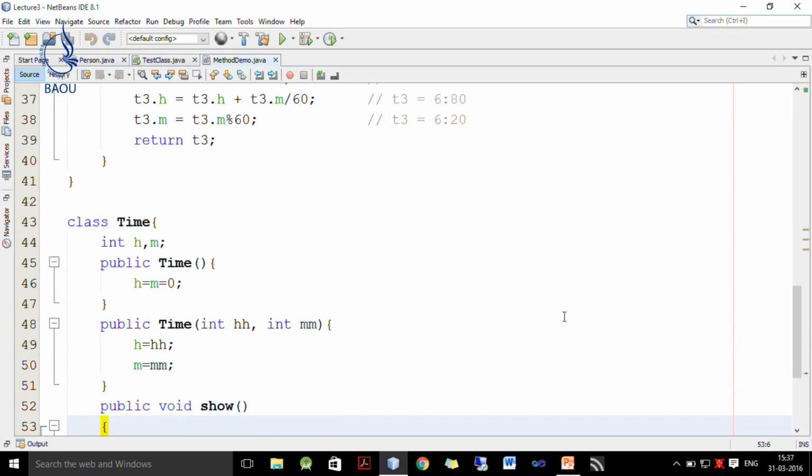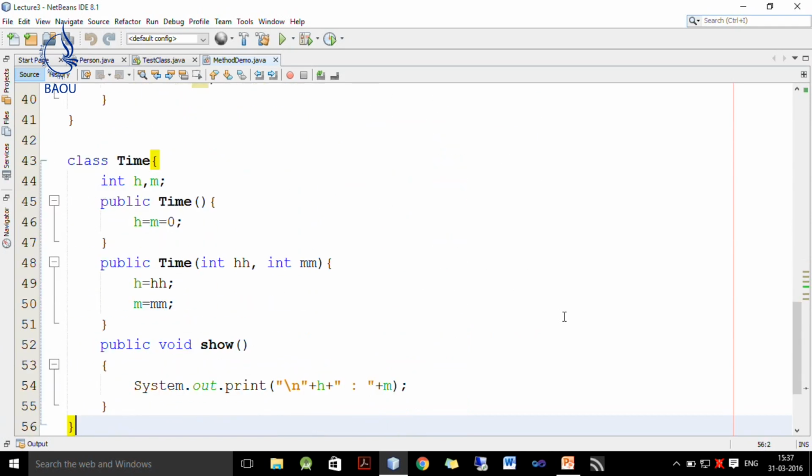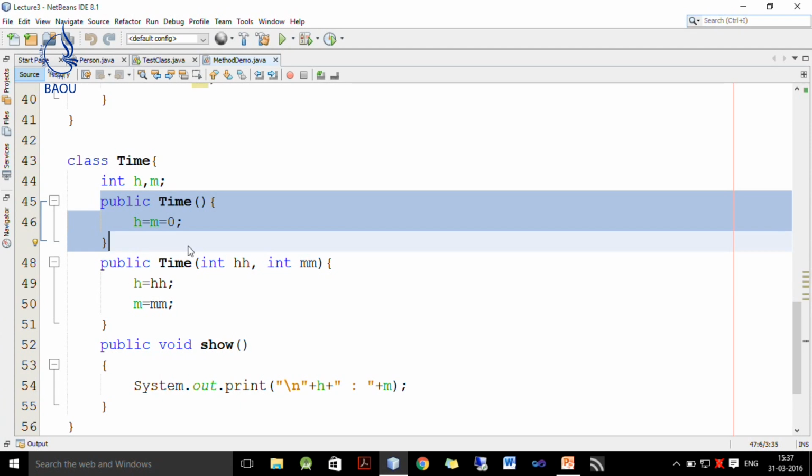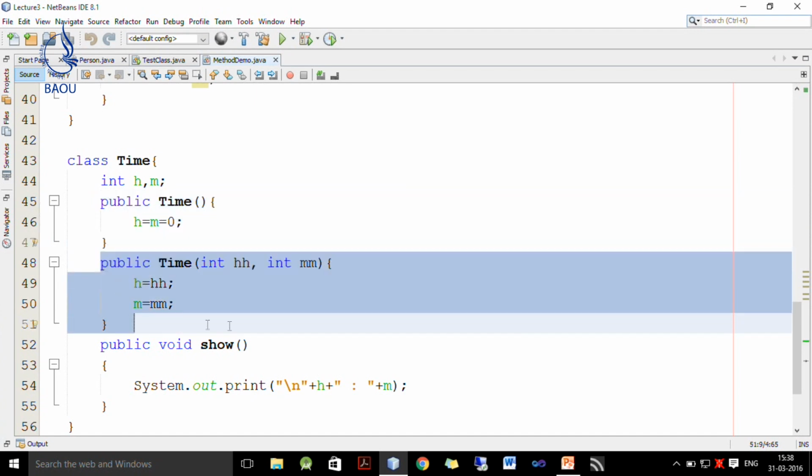Now, before we understand this method, we first want to discuss the Time class. Here, for the sake of simplicity, we have eliminated seconds, but you can also consider seconds for calculation; that is left as an exercise. Here I take only two variables which represent hours and minutes. So, it has two instance variables h and m which represent hours and minutes. This is our default constructor which initializes both hour and minute to 0, and then we have one parameterized constructor which initializes hour and minutes to the values specified.